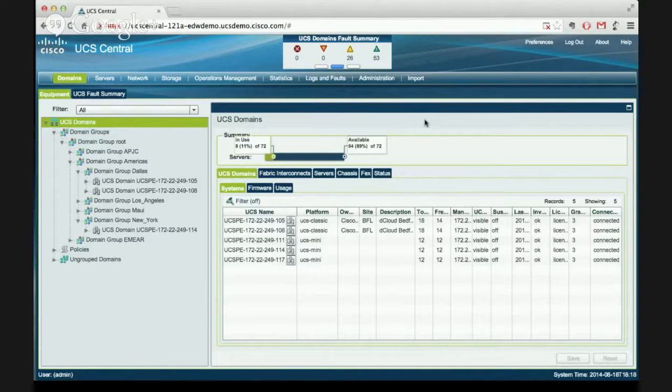I've got 5 domains registered into my environment, where 2 of them are UCS classic environments, so ones that were based off of the 6100 or 6200 domains. And the bottom 3 that you see, the platform's called the UCS Mini, which is the 6324-based Fabric Interconnects. If I scroll down here to the bottom, if I open up one of those particular domains,